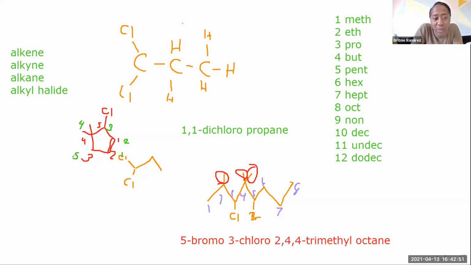Wait, so why couldn't we count 1 from the top right there? Because the bond's not going that way. Because the bond's two-sided. Yes, remember the bond is two-sided, so you want to go where the bond is starting, right? So that would be the start of the bond. If we say 1, then that would be 2, 3, 4, or we'd have to start here, 1, 2. Does that make sense? If we were counting 1 and then going away from the double bond, that will put the double bond at the end. Yeah, okay, that makes sense. 1, 2, 3 chloro. So then it's 3 chloro, 4 dimethyl, 1... That's right. Cyclopentene.